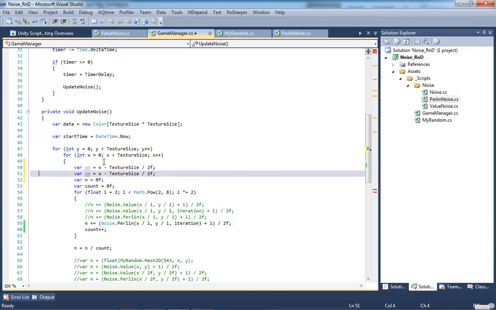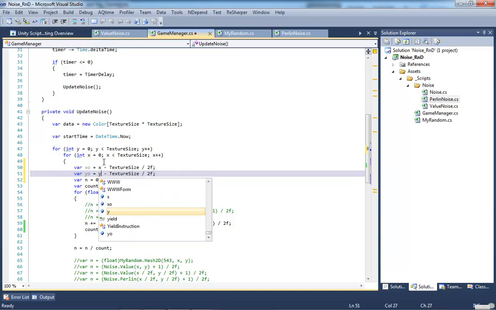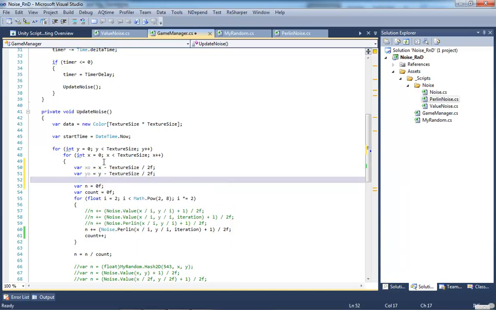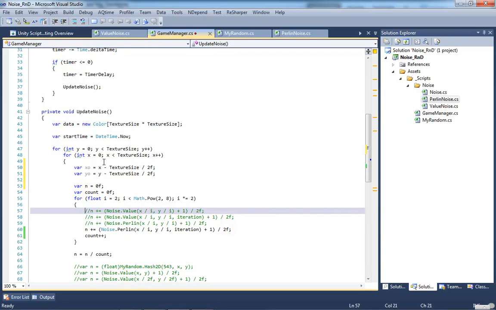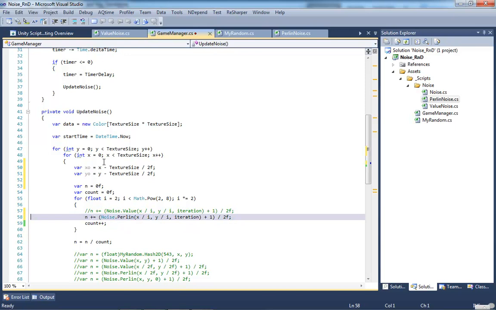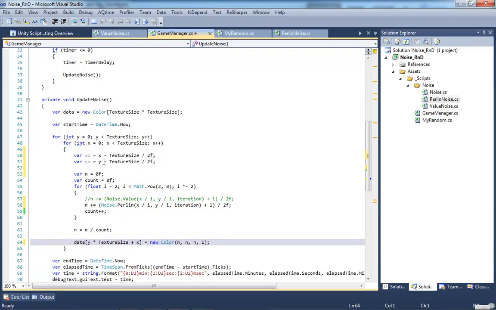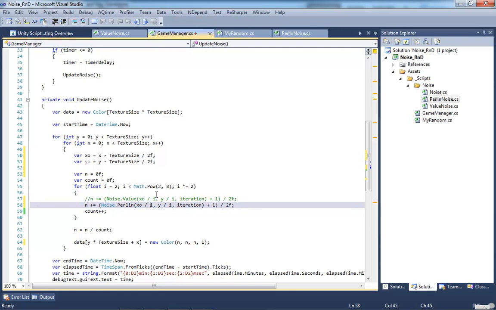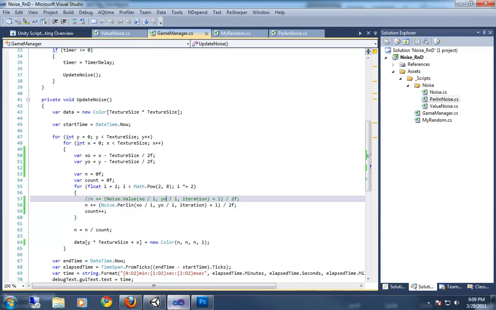And then we're going to make another one for the y offset. And then go down here. I'm not going to really be messing with the 2D stuff anymore, so I'm going to get rid of that and clean this up. And we're not going to mess with these anymore, so I'll get rid of those. Now, I want to modify these to use our new versions of the variable, so I want to calculate our offsets as well. And go ahead and build, make sure there's no errors, jump back into